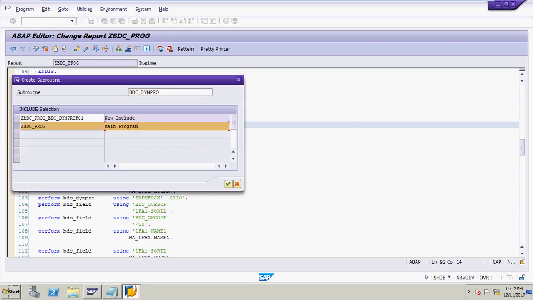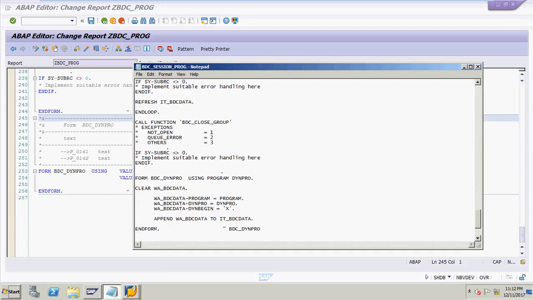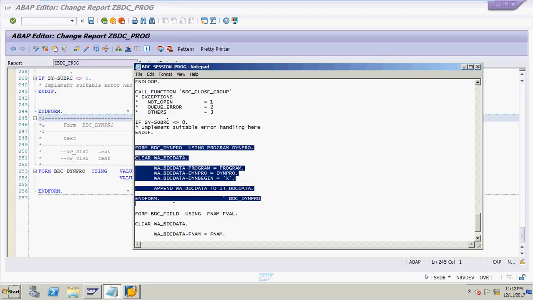Now select the main program, continue button. Here the form statement will open. Now you have to just copy this thing and paste it.